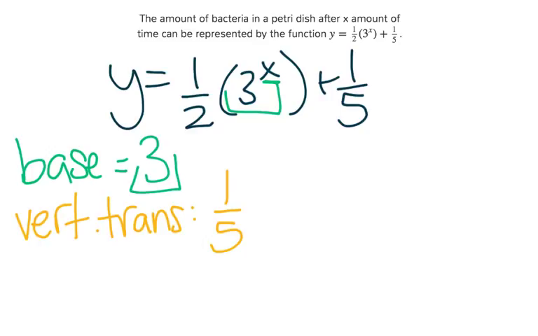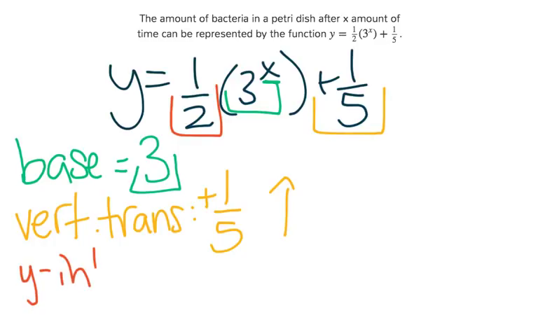Then we also have a vertical translation of positive 1/5. That means that every single y value gets 1/5 added to it. That's why it's called a vertical translation, because it shifts the graph, in this case, up by 1/5, since it's a positive 1/5. And then finally, our last parameter that we want to look at is the